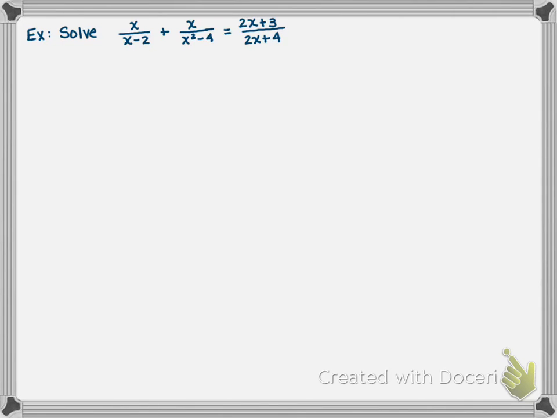Make sure I copied that right. There we go. Okay. So again, we're going to start by factoring all our denominators. So we have x over x minus 2, which doesn't factor, so we'll just put it in parentheses, plus x squared minus 4